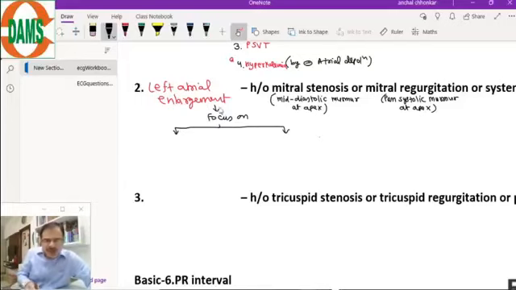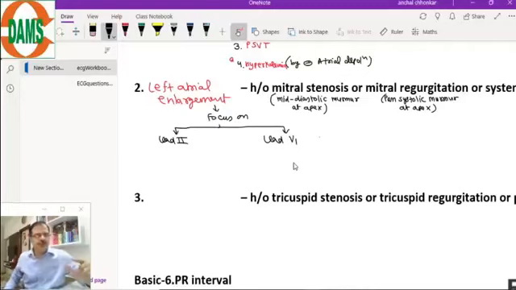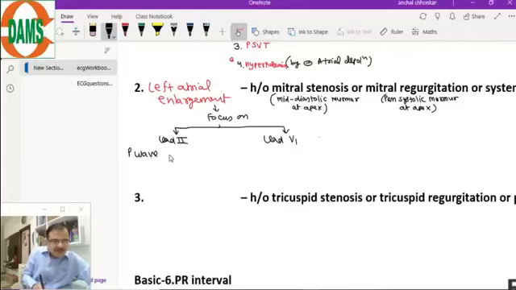Now coming to the left atrial enlargement, you are thinking, so focus on lead 2 or focus on lead V1. Just look at these two leads only. In the 12 lead ECG, focus on lead 2. In lead 2, obviously the width will increase. In lead 2, P wave width will be